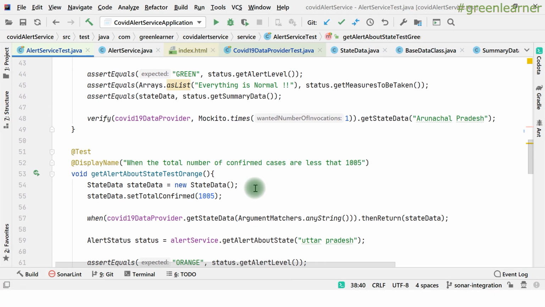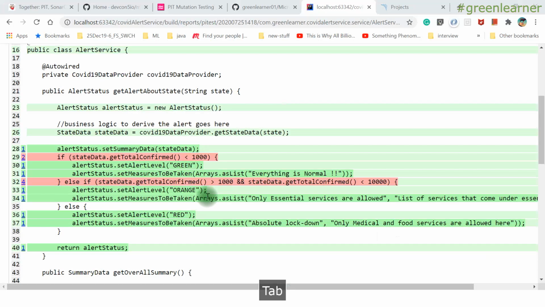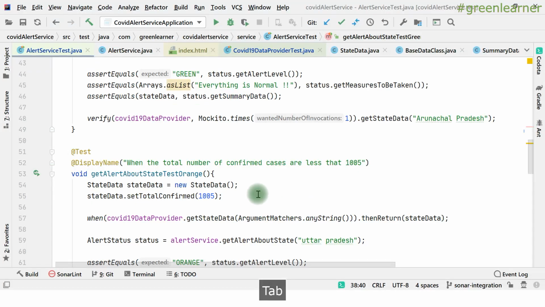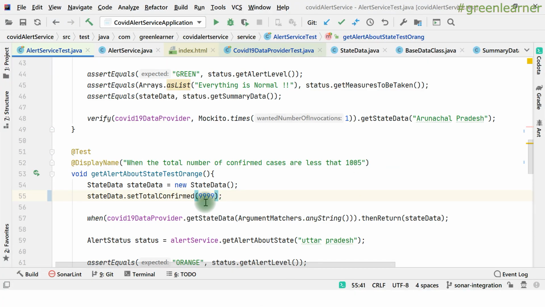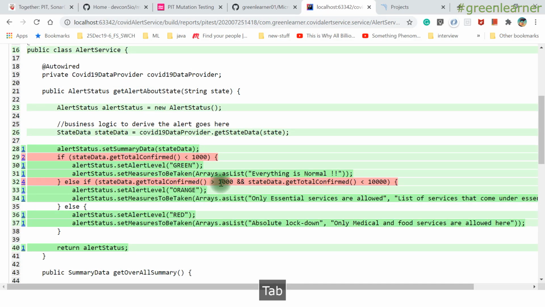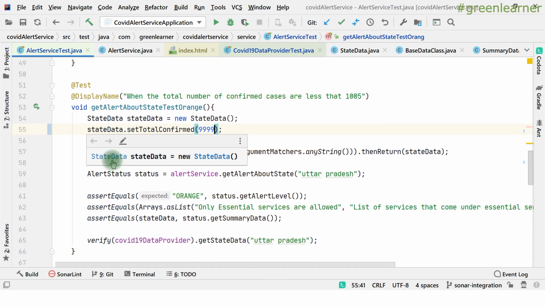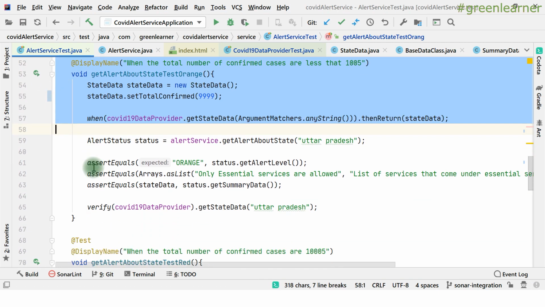So I have just put 1005, which is between this one, and 4 times 9 here, so that we can get to this one. It is greater than this one, and I just have to put one more test case, that is this, just close to this one, right? And we'll be passing that one.